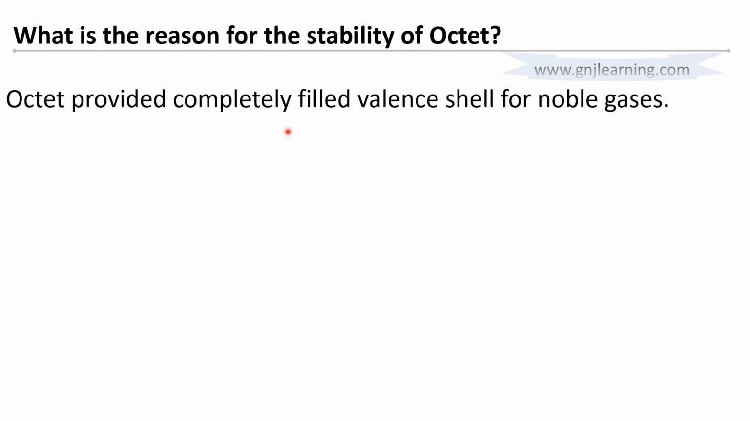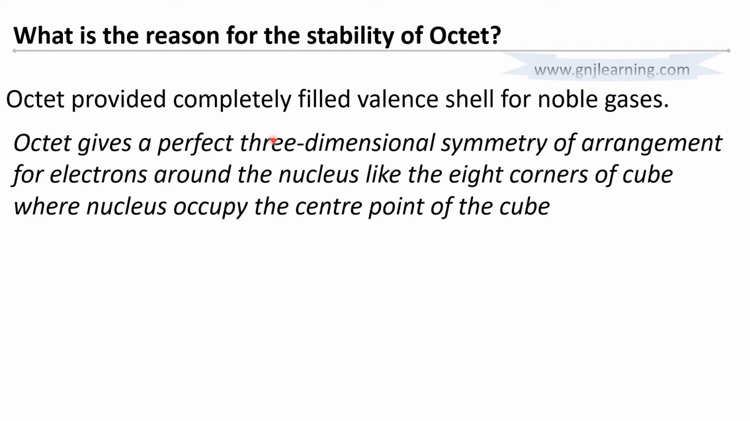So the straightaway answer is octet, provided completely filled valence shell for noble gases. So what is the advantage of a completely filled valence shell? It has a symmetry. Octet gives perfect three-dimensional symmetry of arrangement for electrons around the nucleus, like the 8 corners